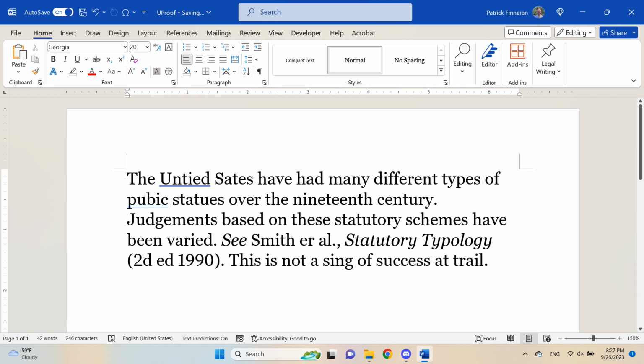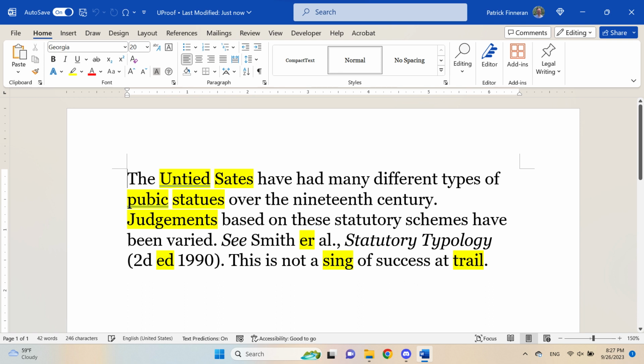Let's start with our problem statement. The problem, as you can see here, is that Microsoft Word recognizes some words that are used in inappropriate contexts, but not all words that are used in inappropriate contexts. Some words, like judgment, have multiple acceptable spellings outside the legal community, with only one acceptable spelling within the legal community.